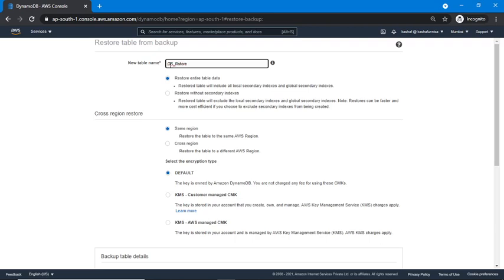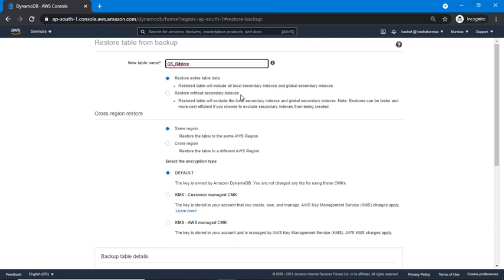As we saw in our last video, when we restore the on-demand backup, it should be a different table name, and we can select either to restore the entire table data or to restore without secondary indexes.